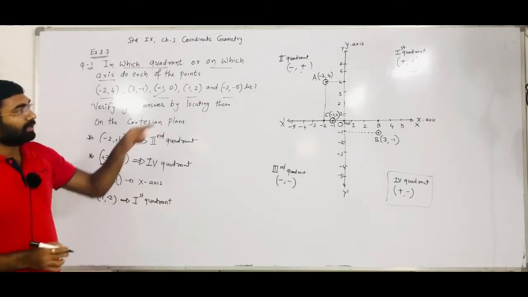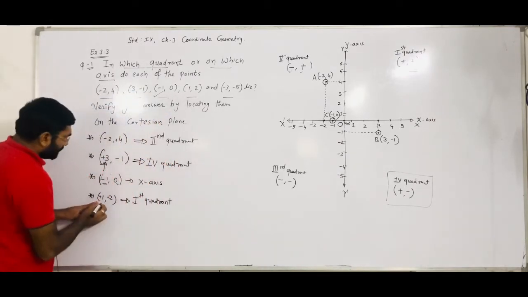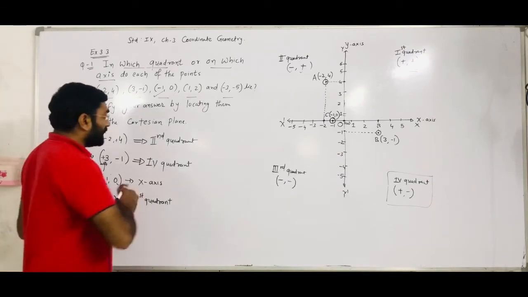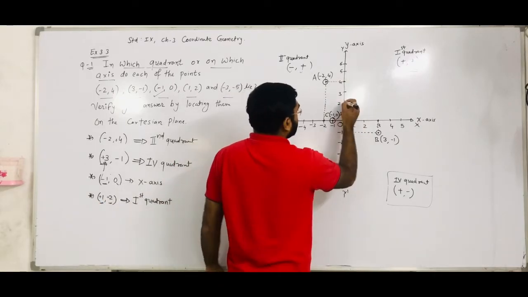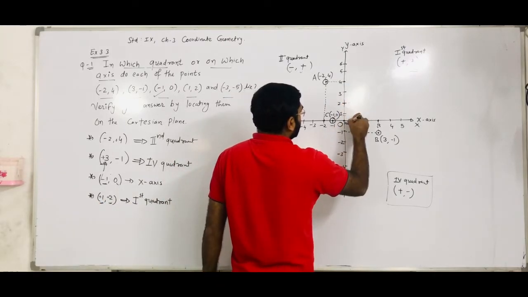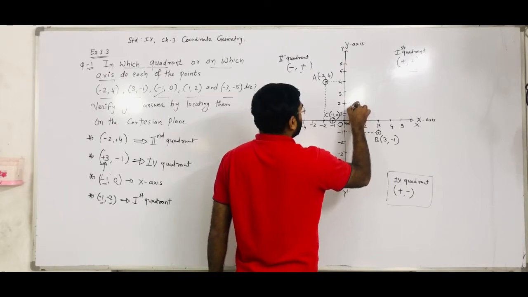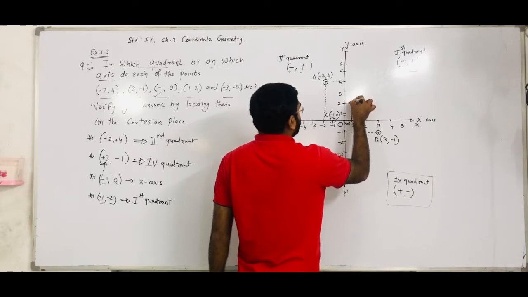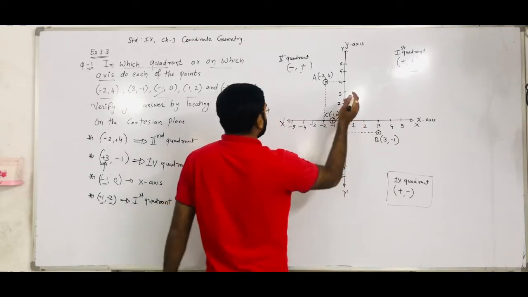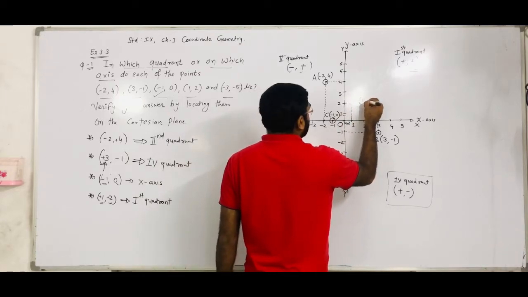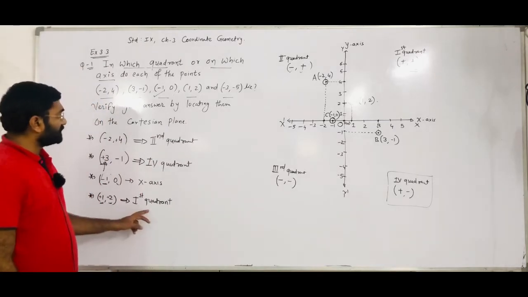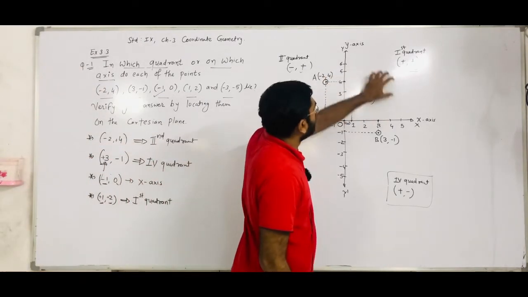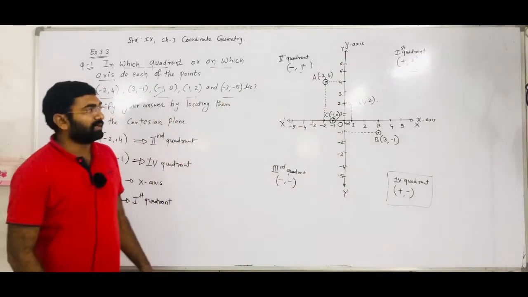Now we have to locate them on a Cartesian plane. X coordinate value is 1, y coordinate value is 2. So on the x axis, where is 1? Here is 1. Y coordinate value is 2, and on the y axis, where is 2? 2 is here. So from both places we have to draw a perpendicular line. Both lines intersect. That point we give the name. Next point name is D and its coordinate is (1, 2). Right? So that way we can represent (1, 2), which is in the first quadrant, in which the D point is there.